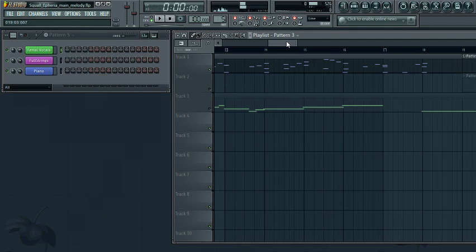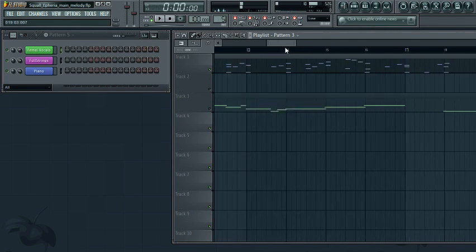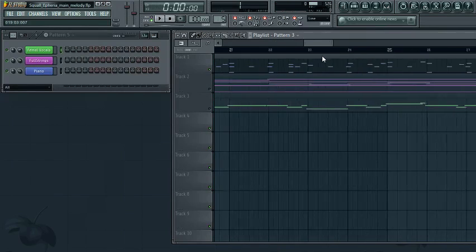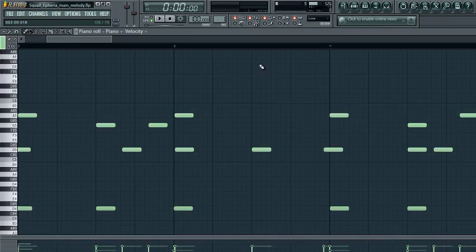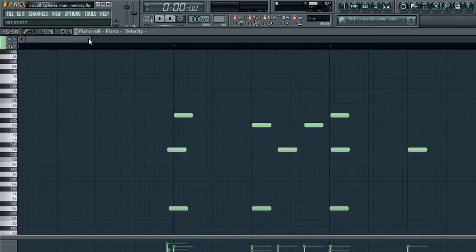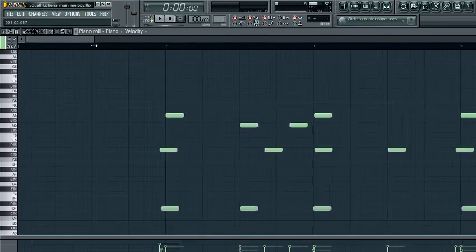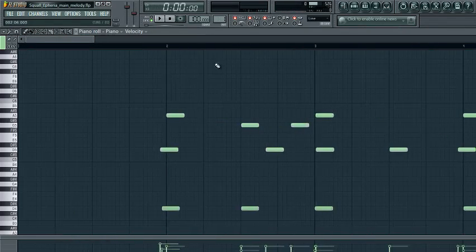So yeah, this is the main melody. I don't know if you guys have any idea about how FL Studio works. There's two ways to compose. There is